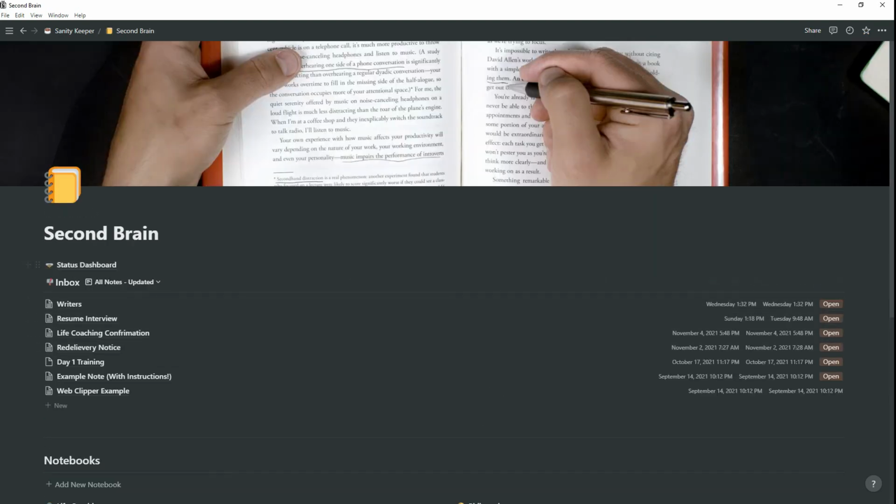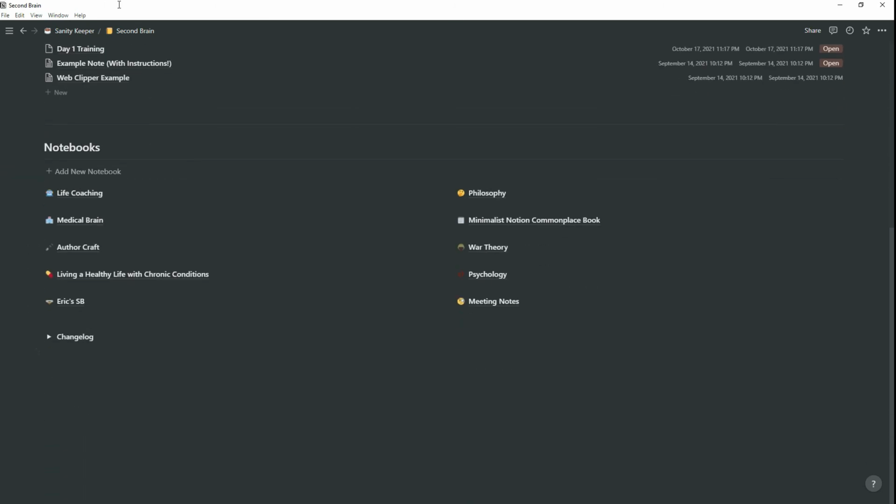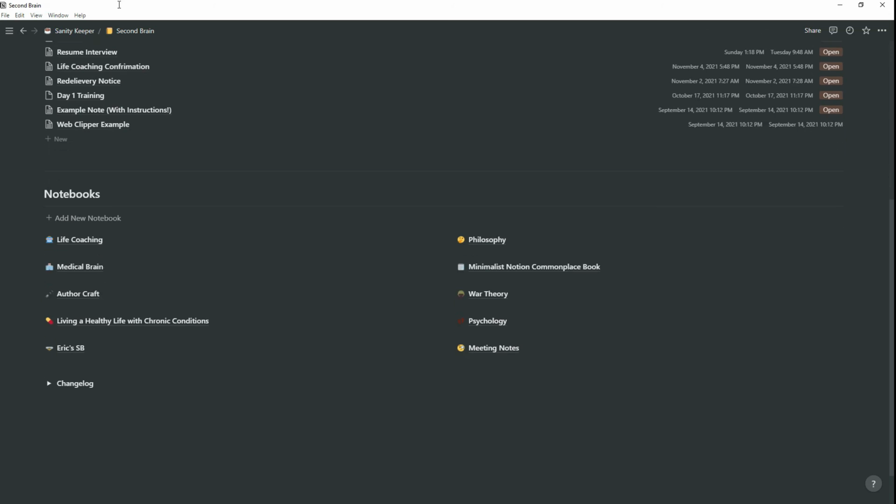The second brain, which the whole thing is kind of a second brain, but what I do with this is I track all of my learning. And if you are an author, you know that you do so much research, and sometimes you really got to put all that stuff in one place that you can go back and find. And that is what I'm doing with this right now.